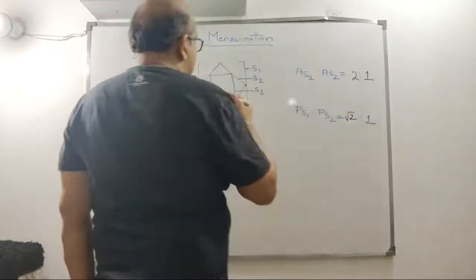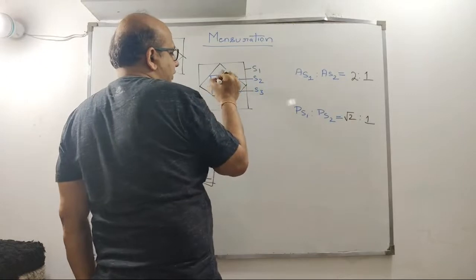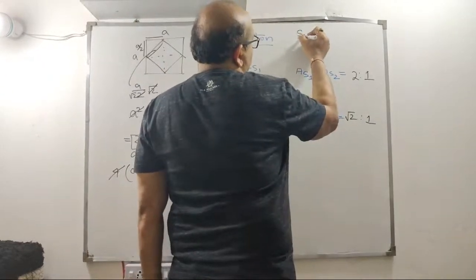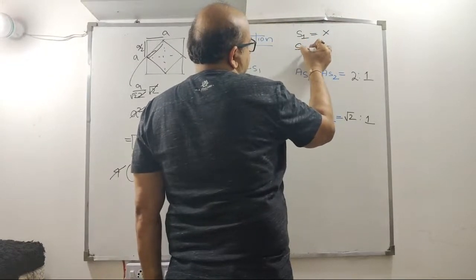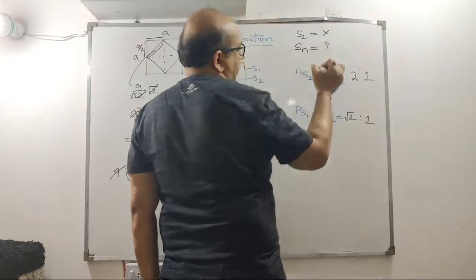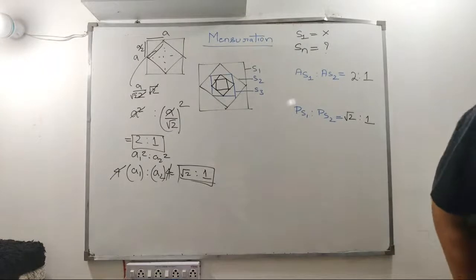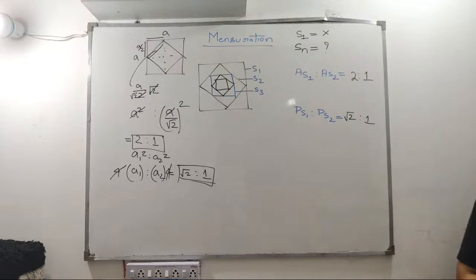Now, there is similarly another square S4, S5 and so on and on and on. So, if the area of square 1 is given as x, what will be the area of square n? तो अगर S1 का एरिया दिया गया है x, तो Sn जो nth स्क्वायर बनेगा उसका एरिया क्या होगा x के टर्म्स में, x और n के टर्म्स में उसका होगा, बताइए।